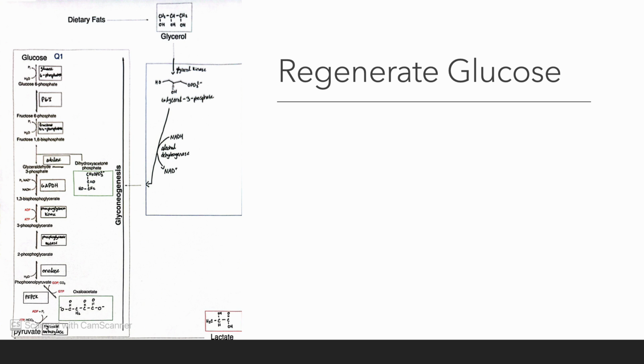Next is the regeneration of glucose. So this is done by gluconeogenesis, where we take pyruvate and somewhat take glycolysis and just run it backwards. However, there are different steps that need to be taken due to the committed steps of 1, 3, and 10